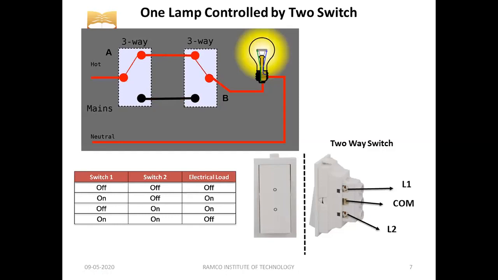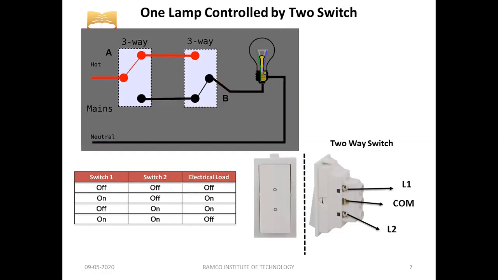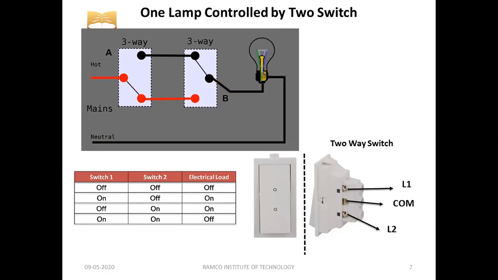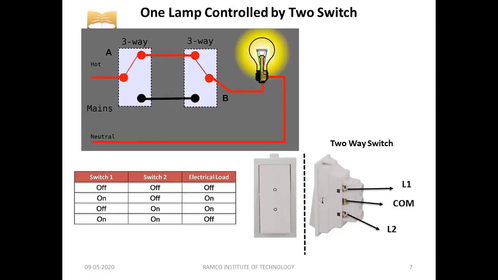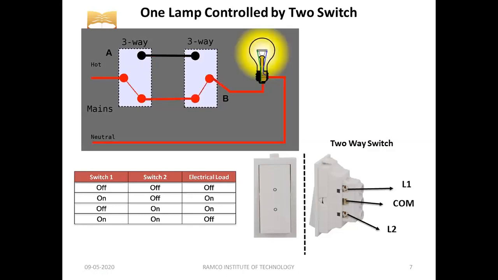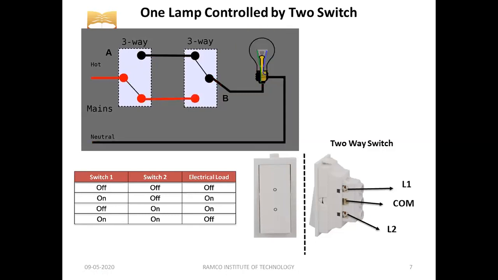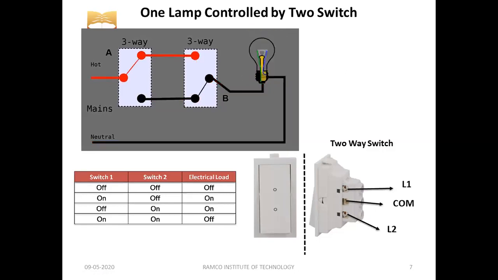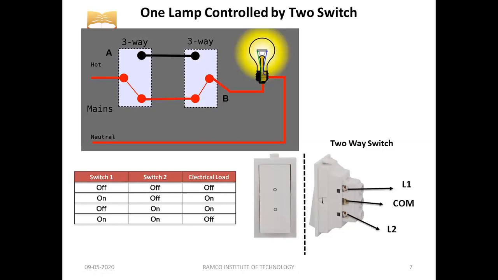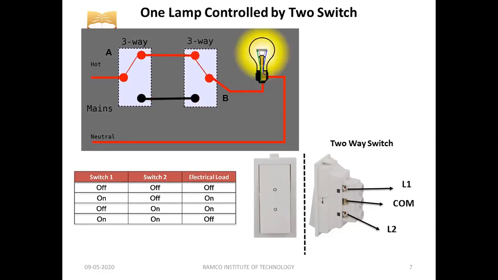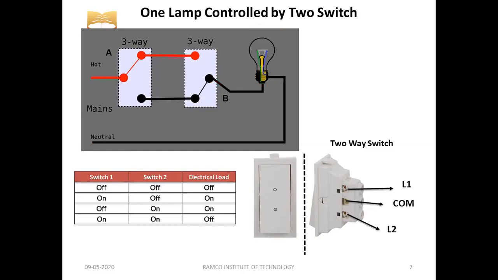Not only in staircase wiring, in some cases in a corridor we have one lamp, or let us assume, we need to control that lamp either from inside your house or at the corridor. So from the two places we need to control the corridor lamp, you can apply this type of wiring here, right? These two wirings are basic fundamental wirings as far as house wiring is concerned, right?